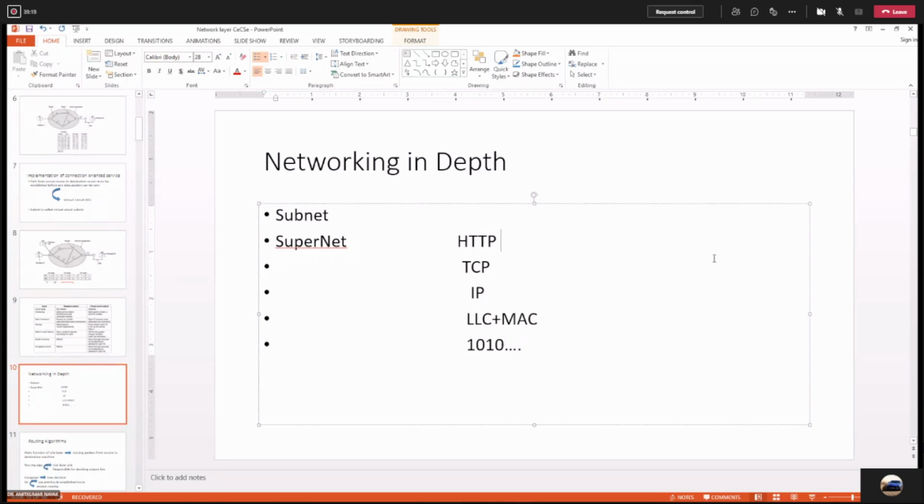The other case is if you use Simple Network Management Protocol, which uses UDP at the transport layer. UDP has to use only the IP protocol at the network layer because we don't have any other option. At the data link layer, LLC and MAC is used because it is a part of the wired network. And then at the physical layer, you have binary bits available. So which particular case is the case of connection-oriented communication and which is the case of connection-less communication?